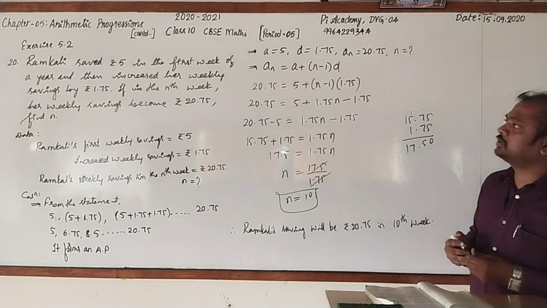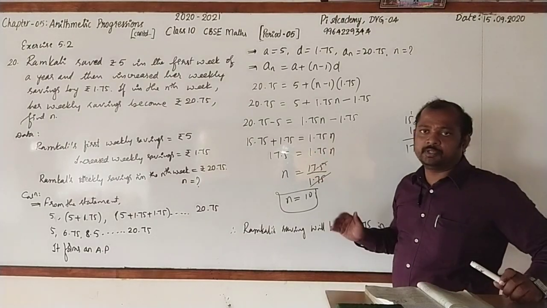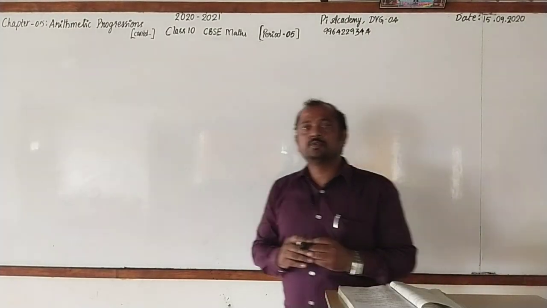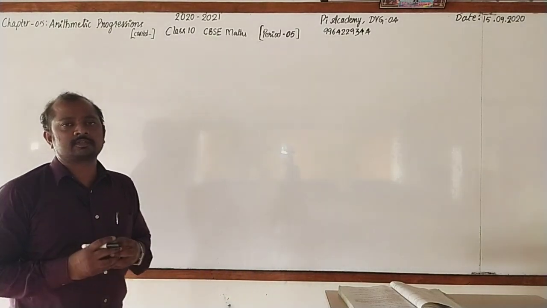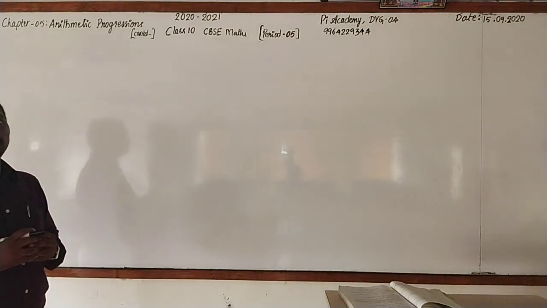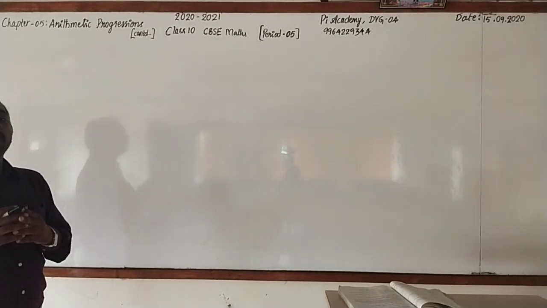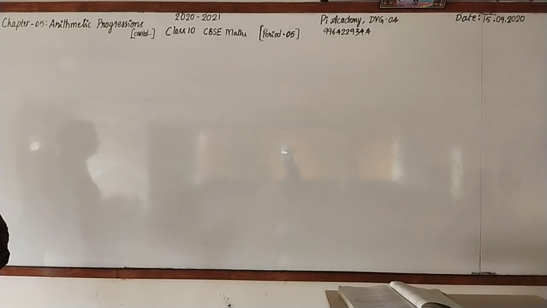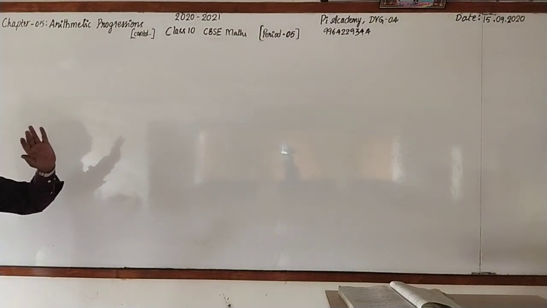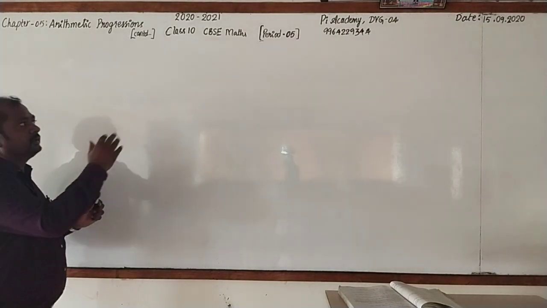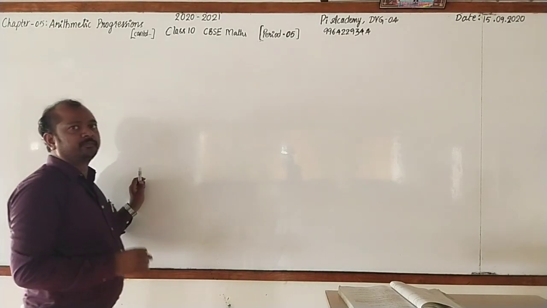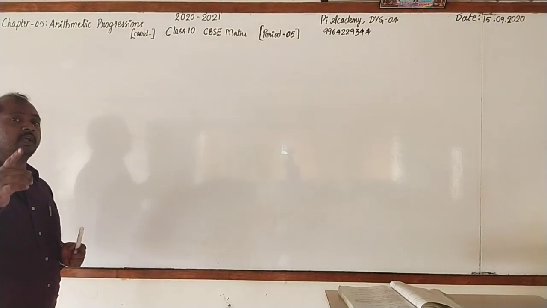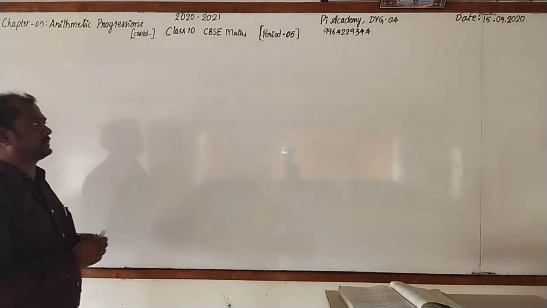Here, hope that you have understood. Please go for copy. Dear students, so far we have discussed the progression, arithmetic progression. Now, let's go for focusing on its continued part. The exercise number 5.2 has been completed. In the next part, again I am going to take the progression, but you should identify which progression it is.